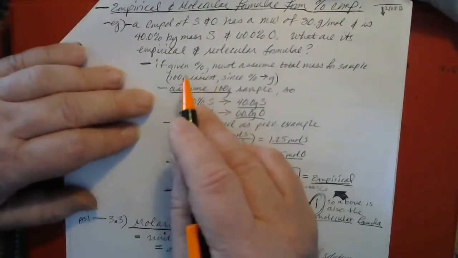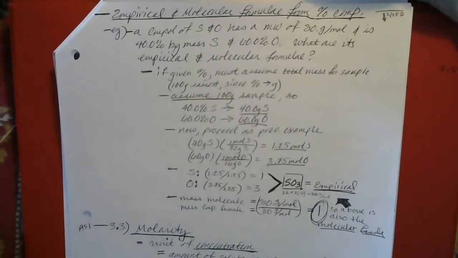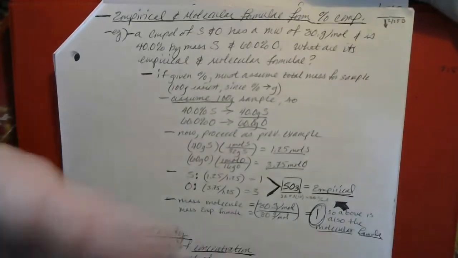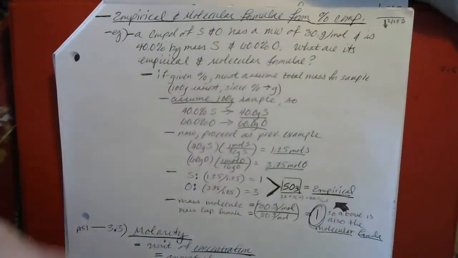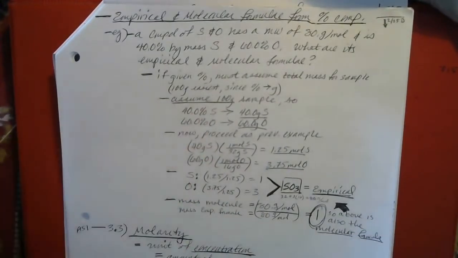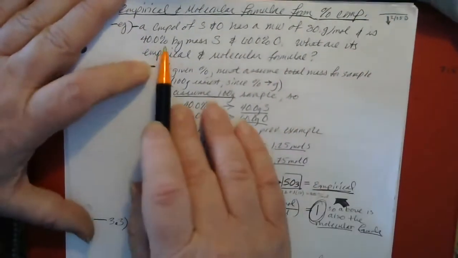Okay, the solution to this problem is very similar to the one that we just did. The only difference really is that we're given percentages of the elements involved rather than specific amounts. But of course, in order to get the empirical and molecular formula, you need to find out how many moles of each element are present. And so just having a percentage presents us with a bit of a problem, because in order to find moles, we need a mass. But as it turns out, that's actually pretty simple, much more simple than it might appear